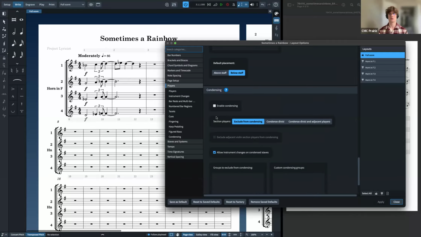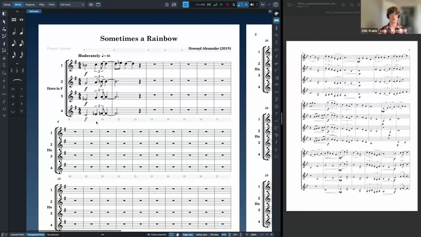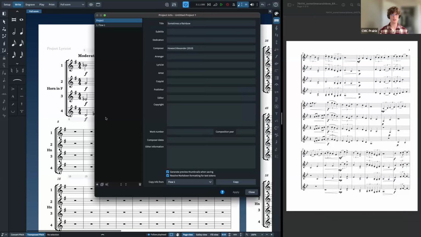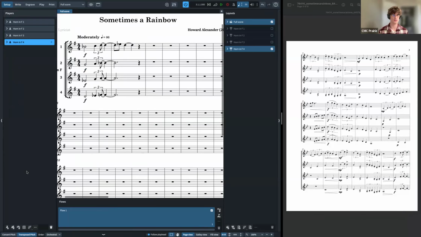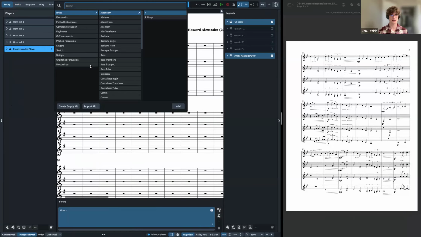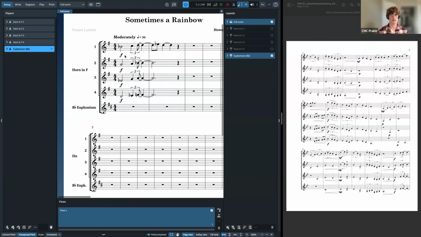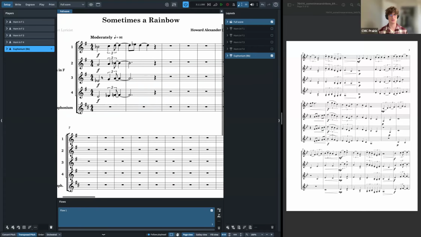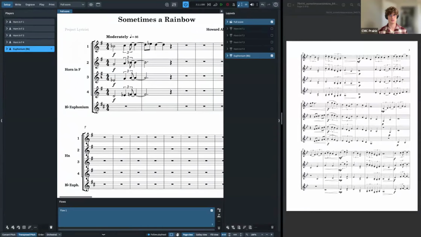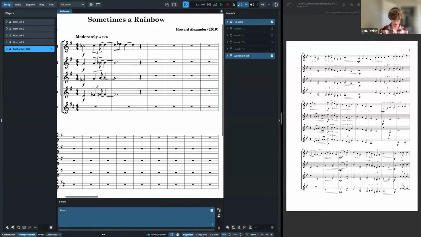Dorico will automatically condense all players carrying the same instrument. So here I have 4 horns. They will automatically condense. If I wanted to add an instrument, I'm going to go back to setup mode. For example, if I wanted my 4th horn to, for whatever reason, switch to euphonium, because they do that. Also, by default Dorico automatically puts euphonium in the B-flat treble clef. Any band composers in the room know that that's a sin, because we are not in Britain. Anyway,